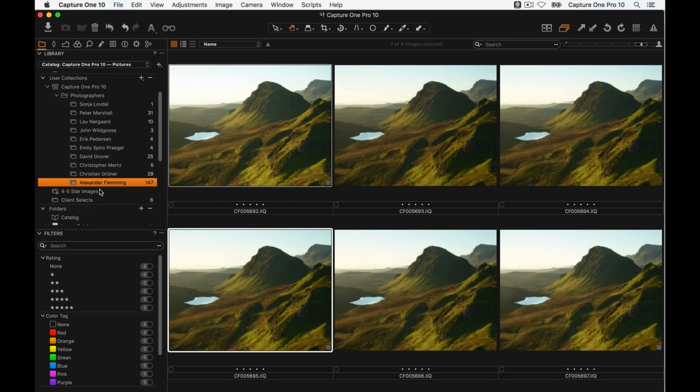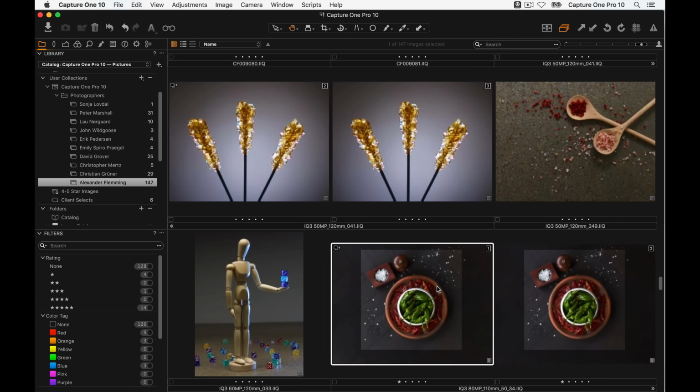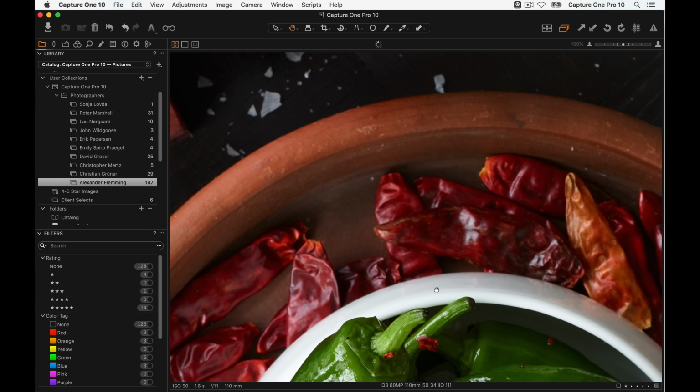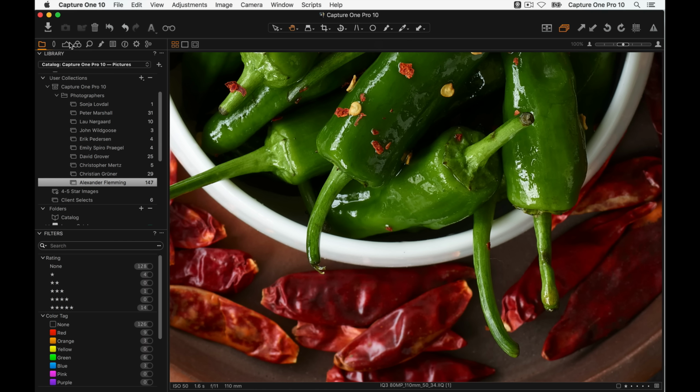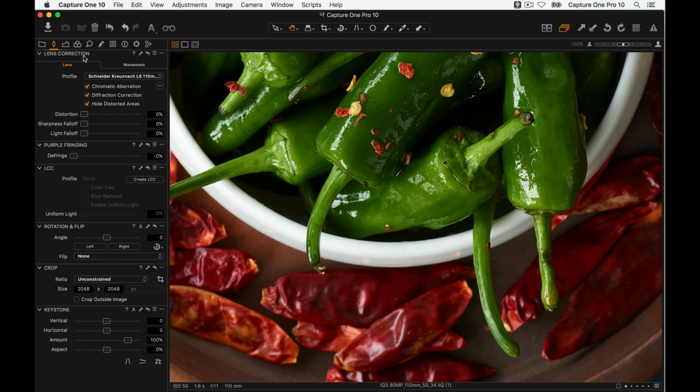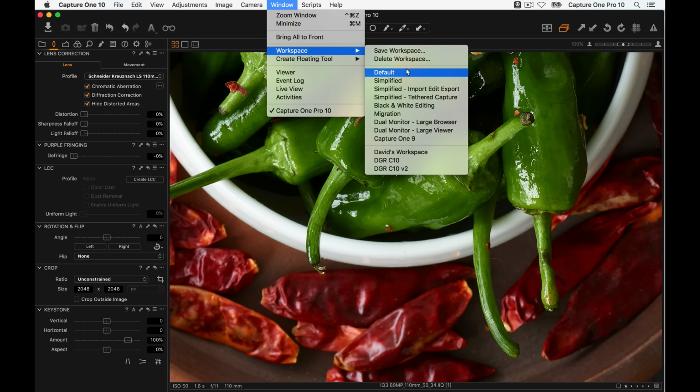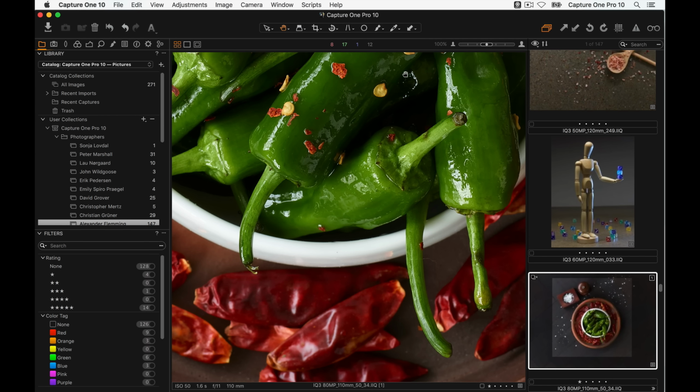Let's just grab my nice chilly shot over here. Let's just zoom out a second. And we go back here. Incidentally, you'll see that in the default Capture 1.10 workspace, we've rearranged a few things. If I just go to Window, Workspace, Default, that will flick to the new Capture 1.10 workspace. So we've got the browser on the right-hand side, viewer in the middle still, of course. We've rearranged a few things up on the toolbar, and we've rearranged the order of some of the tool tabs. We've put lens